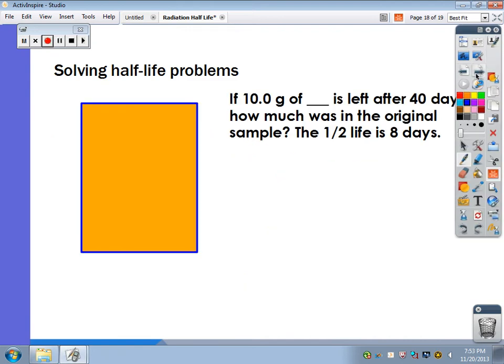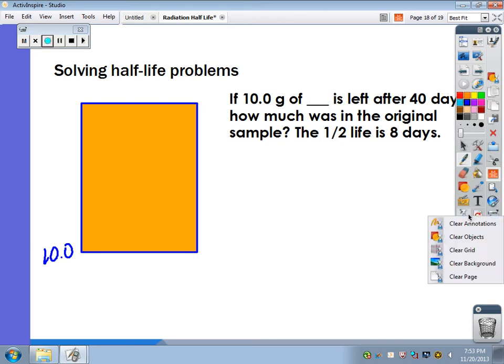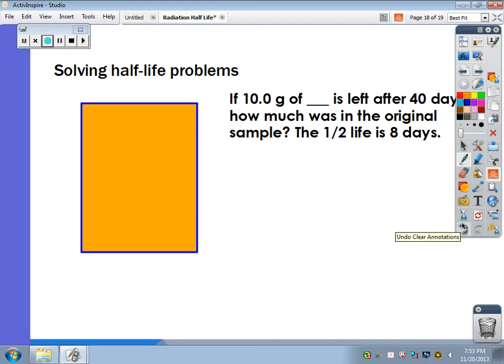The third kind of problem is this one. If I have 10 grams left,